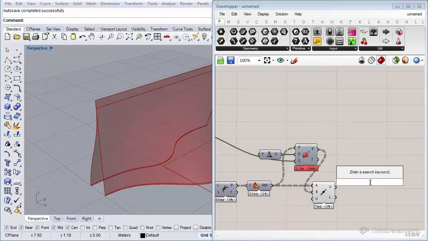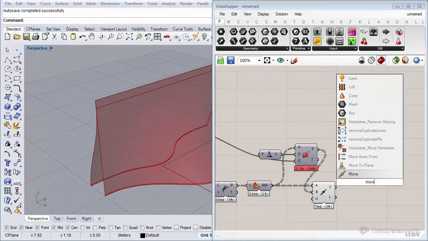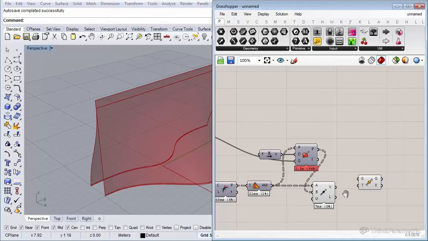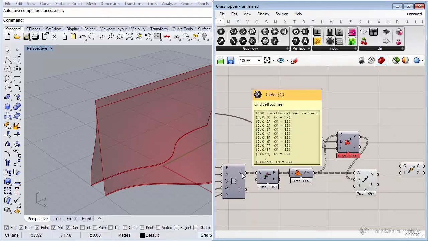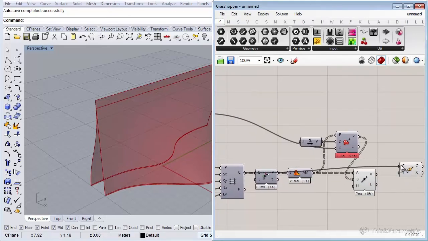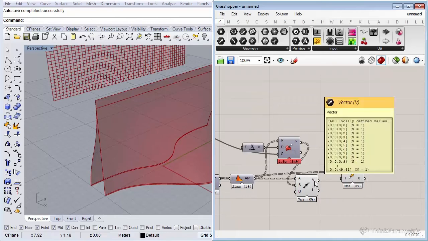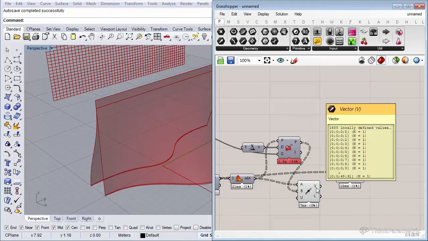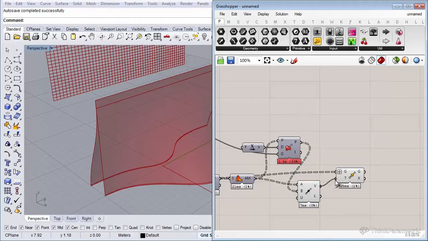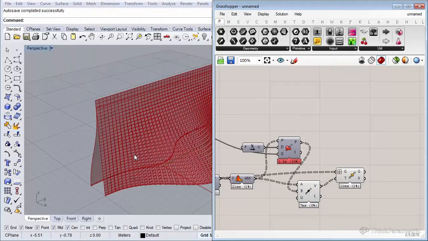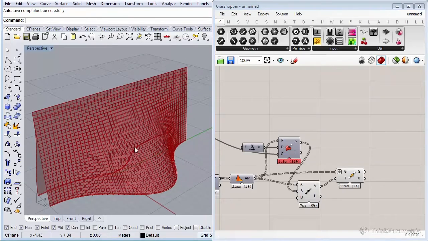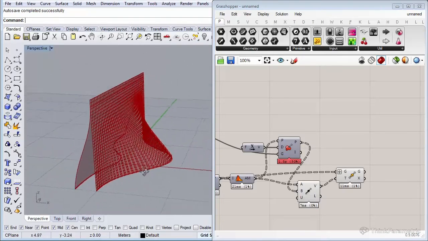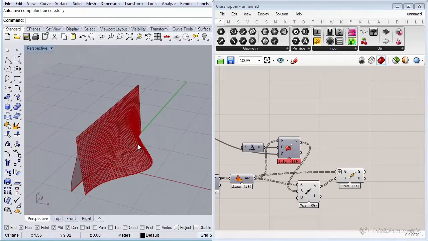And let's move our rectangles using the move component, which are our initial rectangles. And the only thing we shouldn't forget is to graft the G, the input, because the data structure is one more. So now if I connect the V to the translate, it should, yes. So now you can see all our rectangles got nicely orientated on top of our surface. So that's nice.